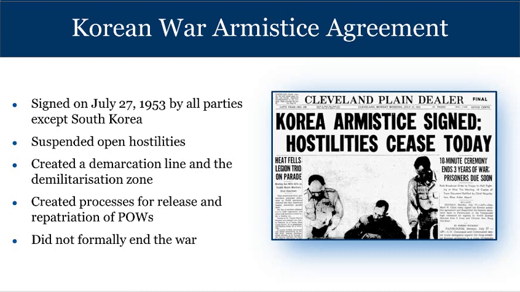This is something of a trick question, but there is no treaty that ends the Korean War. We never got far enough into the agreement to actually sign a treaty. So instead, what we have in Korea is an armistice. We have an agreement to end hostility, but technically the war is ongoing. The armistice agreement reverts to the 38th parallel as the demarcation line, and on 2.5 miles on either side, there's a demilitarized zone. So if you're in the demilitarized zone, there's no really good reason for you to be there.